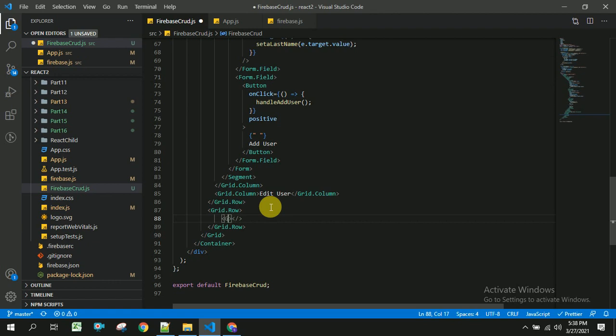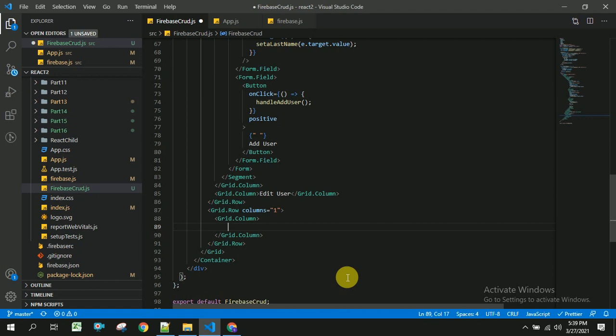Inside the row we will be having the columns. As I have already mentioned, we have to specify the columns based on our requirement. As I am going to show only one table in the entire row, I am going to take columns as one. Inside the grid.column, I am going to take a segment,